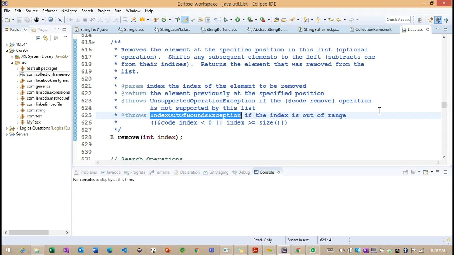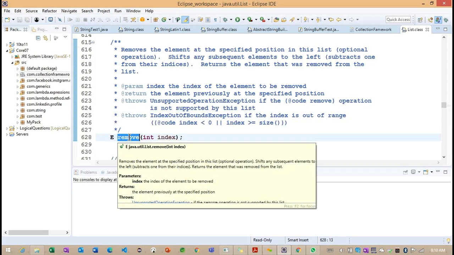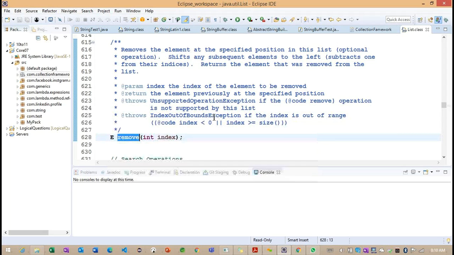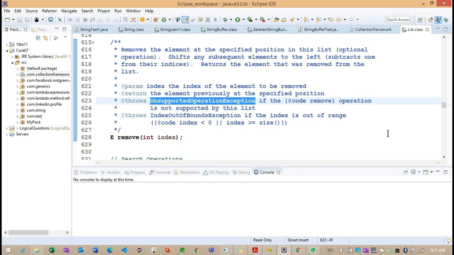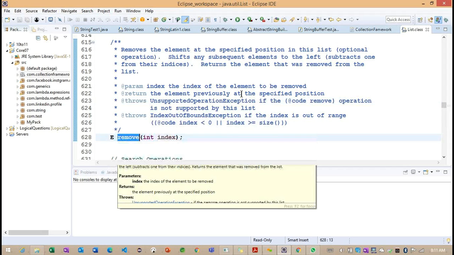Whenever we have a range, offset and length as we discussed in the last example, if it does not match, we throw an exception. Same way, while removing this object we may get this exception. And this is another exception, UnsupportedOperationException, while removing this object.